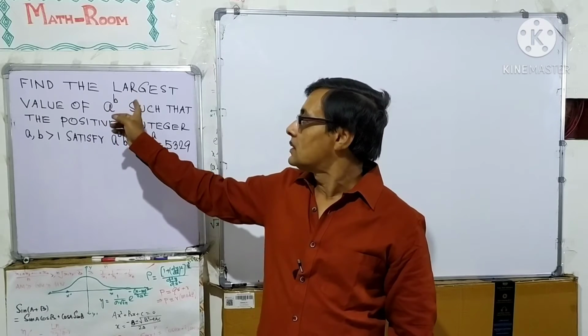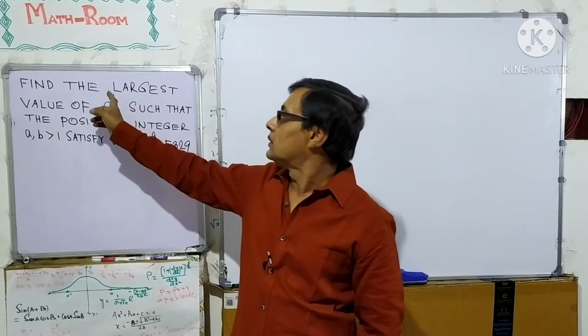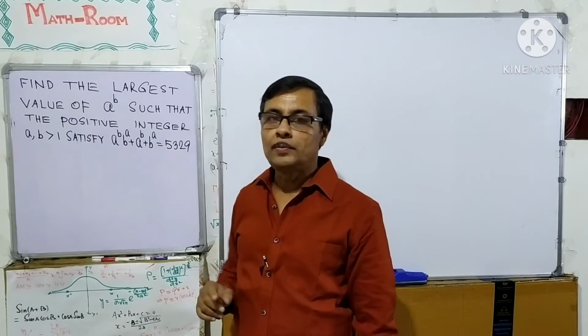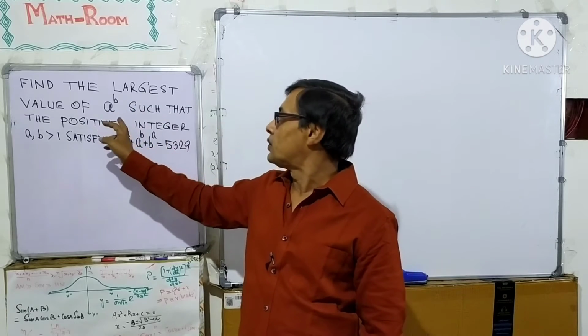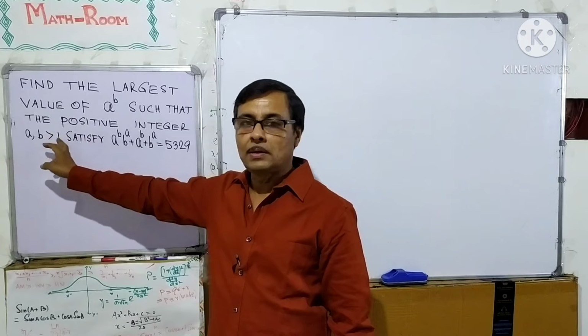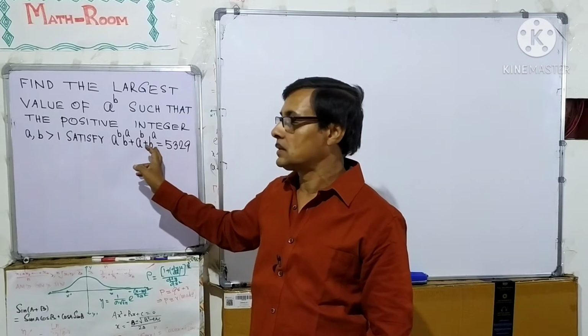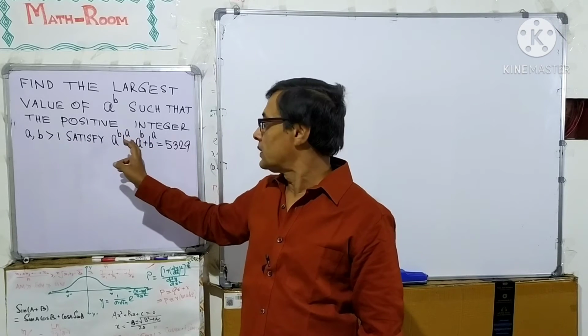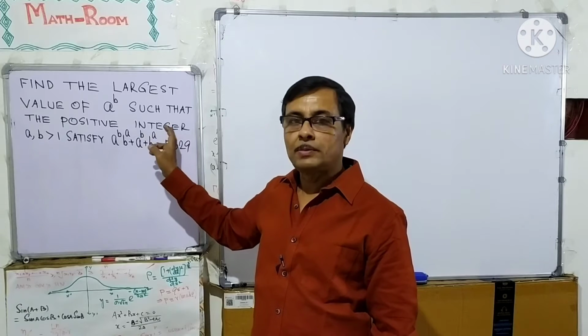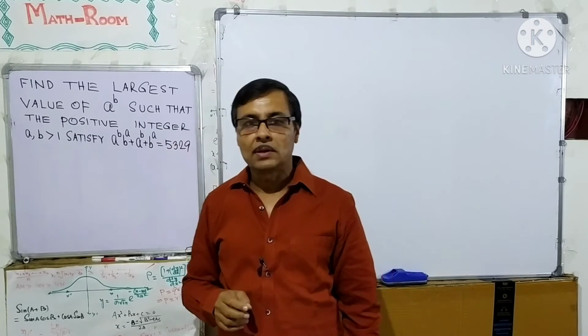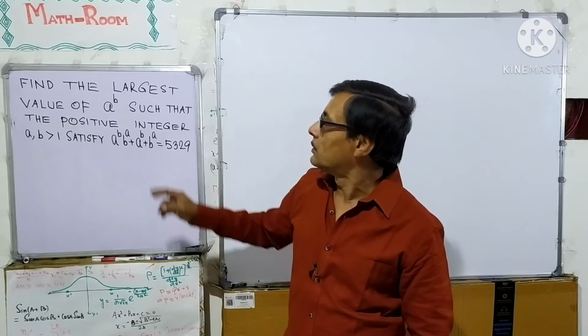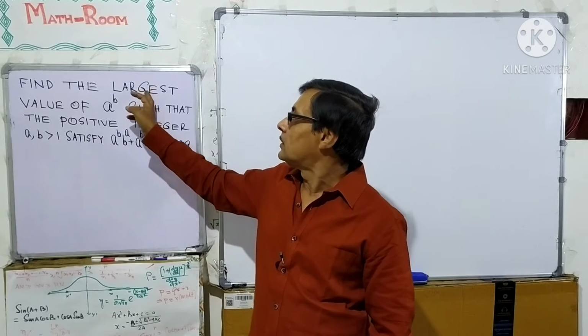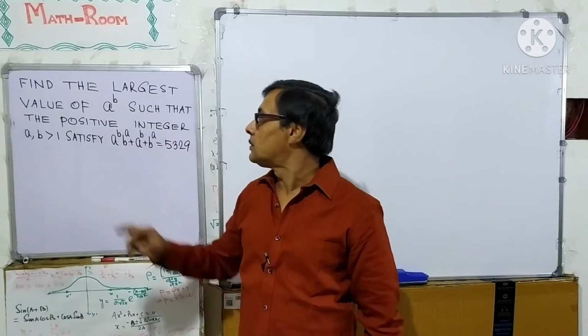This is a very interesting problem. Find the largest value of a to the power b such that the positive integers a, b greater than 1 satisfy the relation a to the power b to the power a plus a to the power b plus b to the power a equal to 5330. This is the problem. We have to find the maximum value of a to the